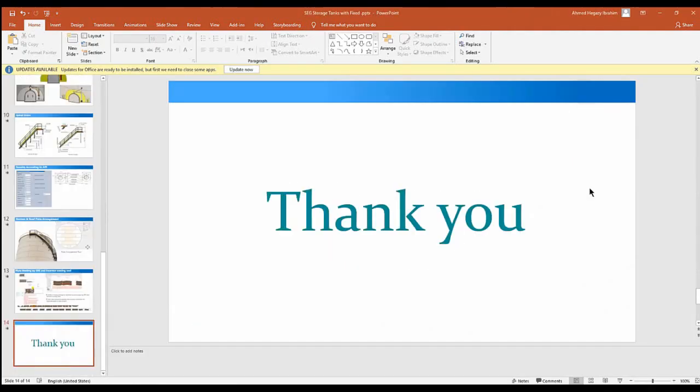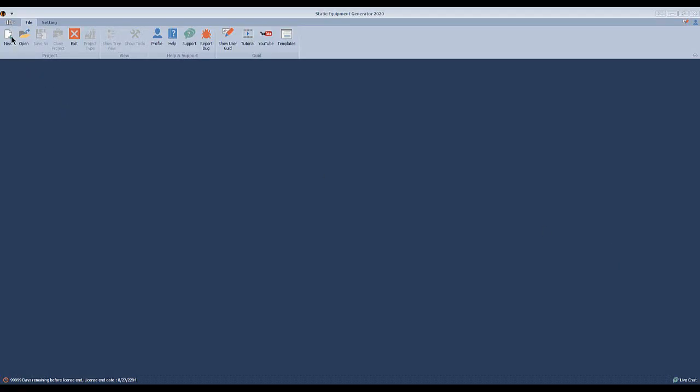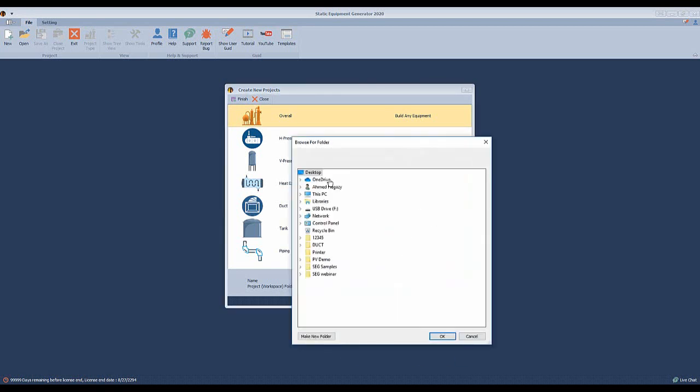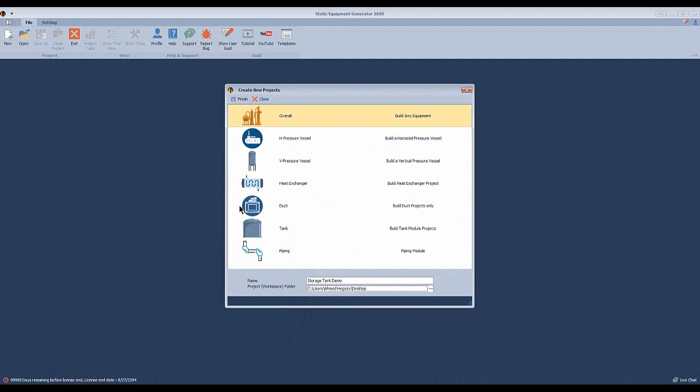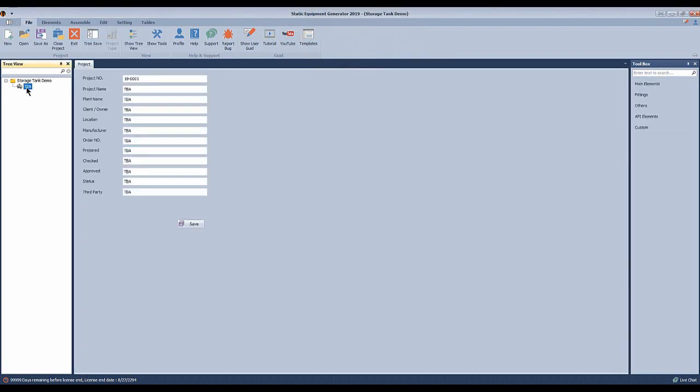Okay, now let's start our model. From here we will open SEG software. After opening SEG software, from the new tab we will define our project name, and select the location on the hard drive, and from here we will select the tank module and click finish. From the tree right here we will select the equipment and rename it